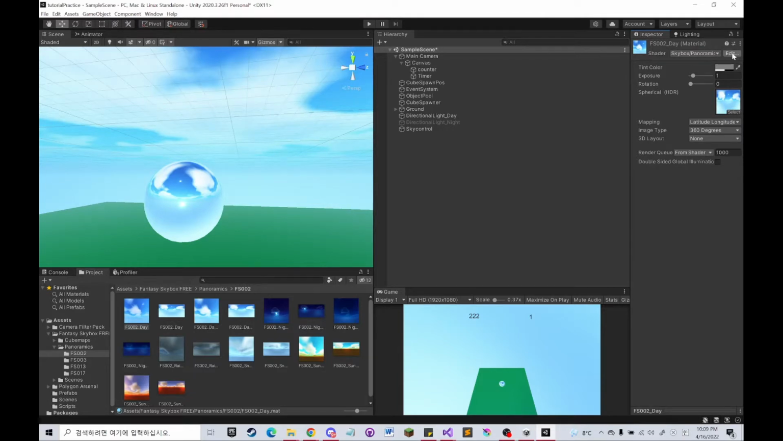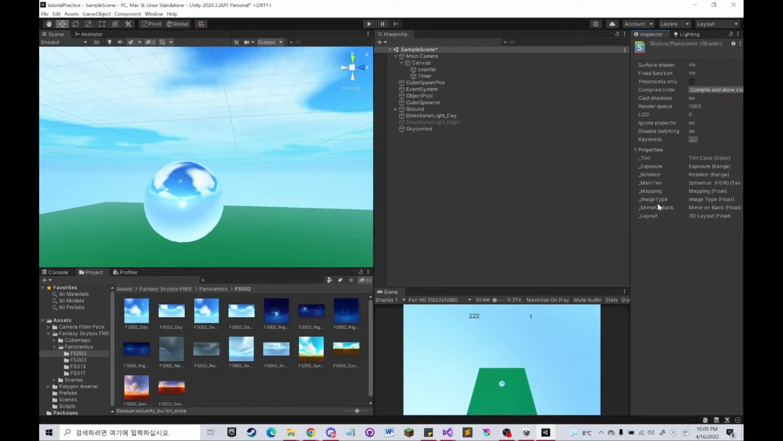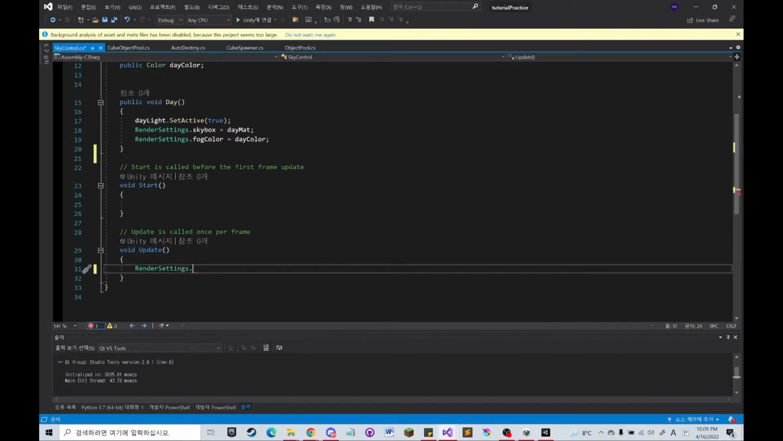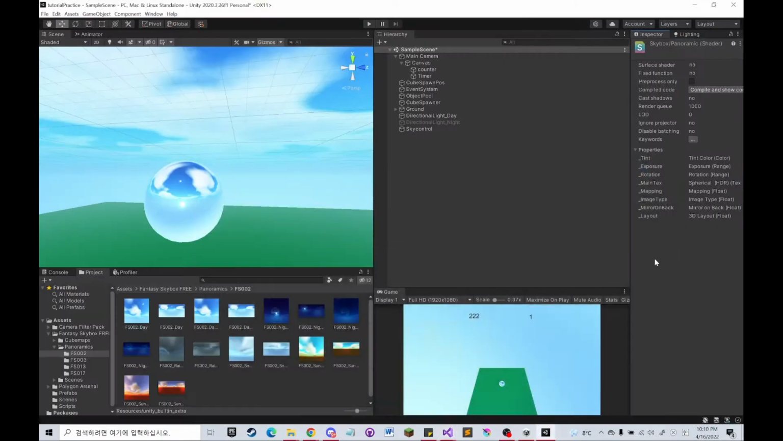Go to Edit to see the shader of FS002 Day, because we have to edit the shader at runtime. You'll see the underscore rotation value and the name of its property. So we're going to use this name in the script. You create a SkyControl script,